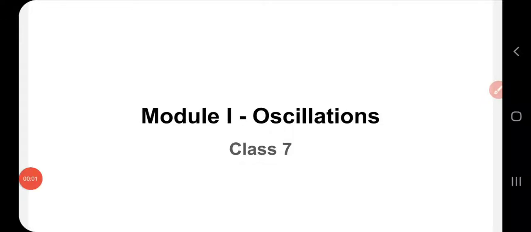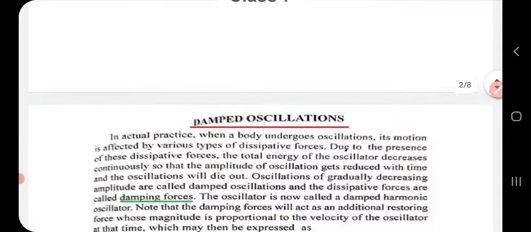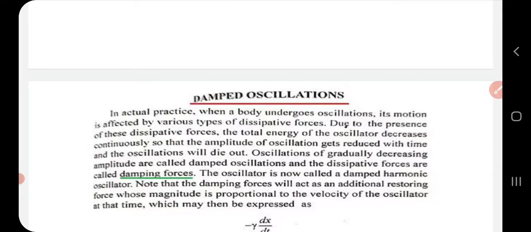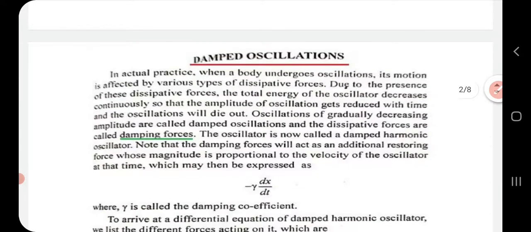Good morning. In today's session, we will discuss damped oscillations. What is meant by damped oscillations? What is a damped harmonic oscillator? In actual practice, when a body is undergoing oscillation, definitely